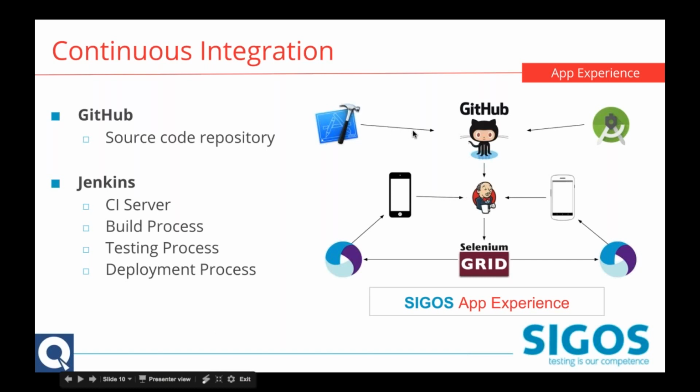And I like to split it up though. I like to have one code base for Xcode, one for Android, but I like to share all of the methods. So all of my methods for testing the application are the same for iOS, Android, or if it's a hybrid or Cordova application. So when the Xcode project is checked into GitHub, it'll start the Xcode Jenkins routine, which is responsible for reaching out to and starting an Appium session with our capabilities being set to iOS, or our capabilities being set to Windows.